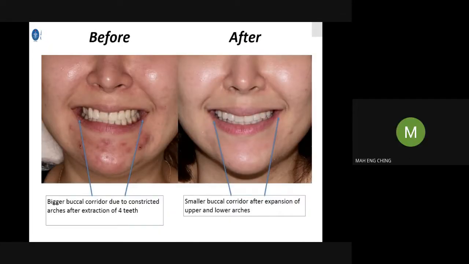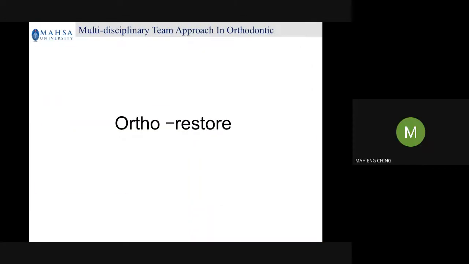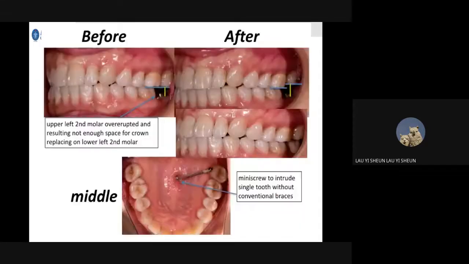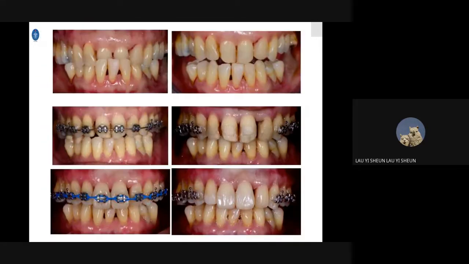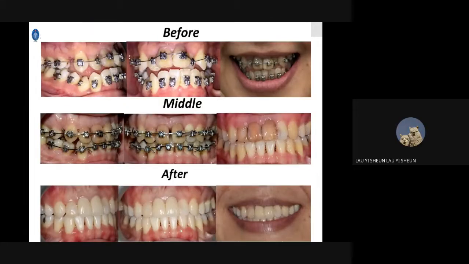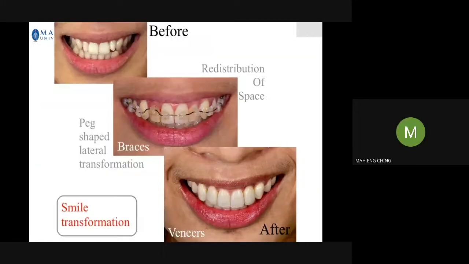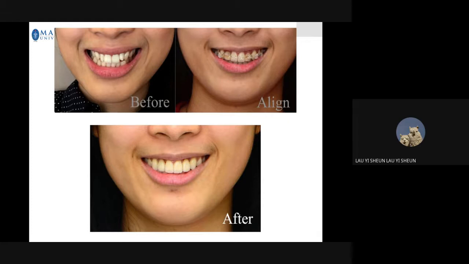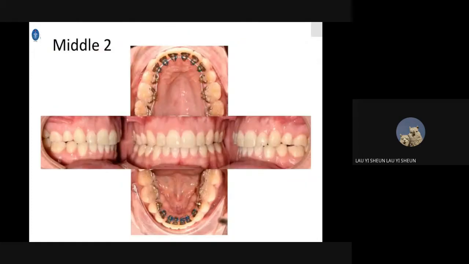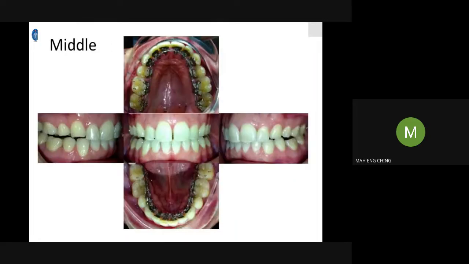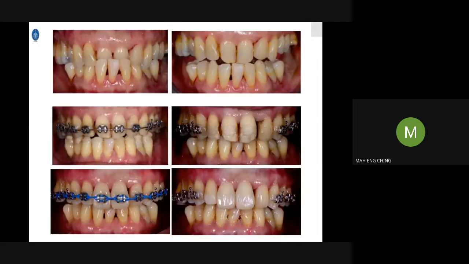Doctor, when you use the canine to replace the lateral, then there is no more canine guidance for the patient? Good question. What's canine guidance? Explain to me. If the exam asks you what's canine guidance and you just say it's canine guidance, you get 0 marks. So canine guidance means that when you're doing lateral excursions, left and right, then